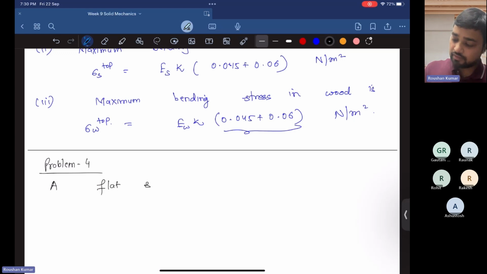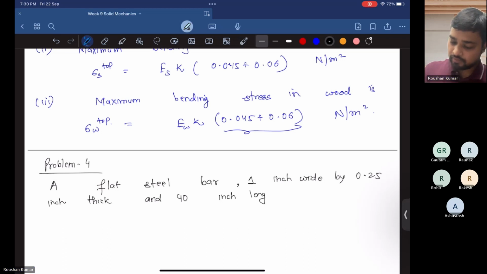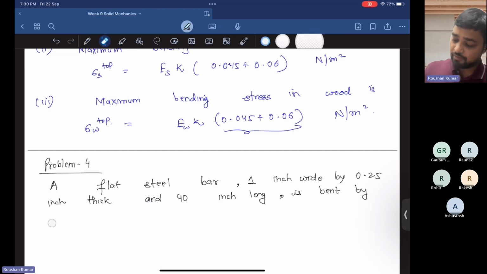A flat steel bar 1 inch wide by 0.25 inch thick and 40 inch long is bent by couples applied at the ends,